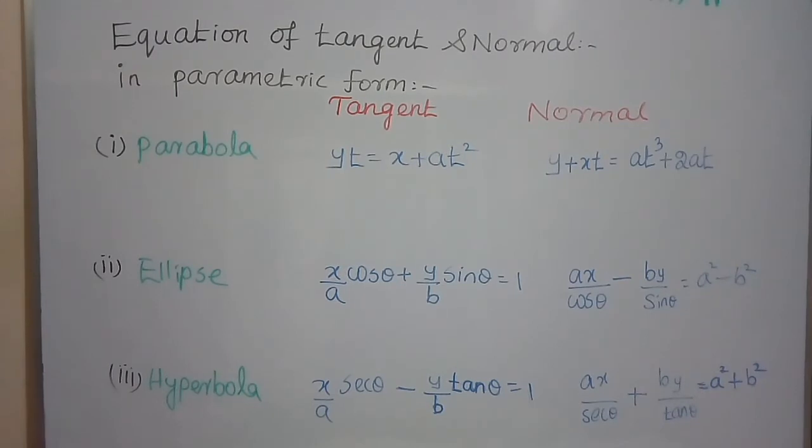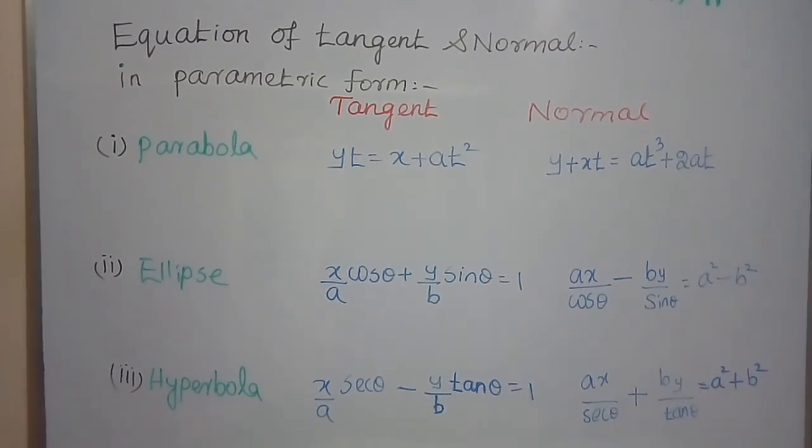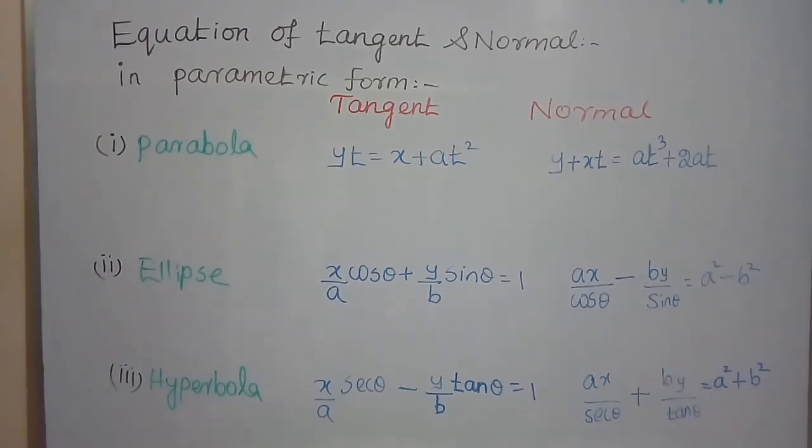For the parabola, the tangent equation is yt is equal to x plus at square and the normal equation is y plus xt is equal to at cube plus 2at. In the ellipse, the tangent equation is x by a cos theta plus y by b sin theta is equal to 1 and the normal equation is ax by cos theta minus by by sin theta is equal to a square